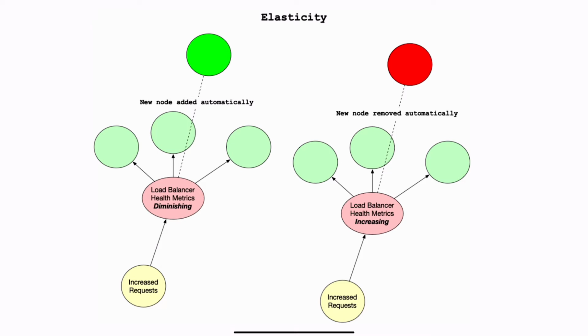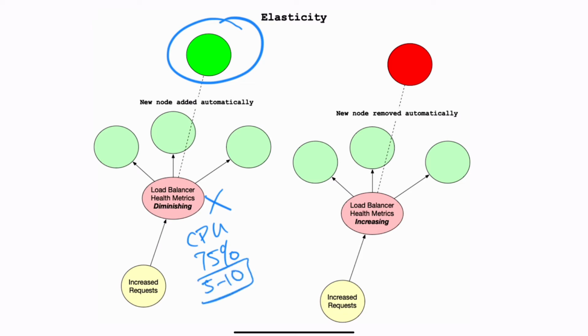Let's say that I have a load balancer right here, and as increased requests come in, I automatically can add a new node based on the CPU metrics of each machine. So one of the things I could do is say when any of these nodes get to 75% CPU, automatically increase nodes from, let's say, 5 to 10 expansion. So if I start out with 5, I can get all the way up to 10 before I get some kind of an alert and I do things differently.